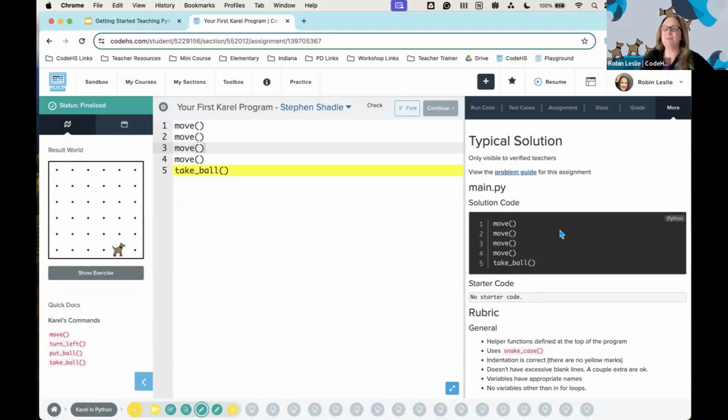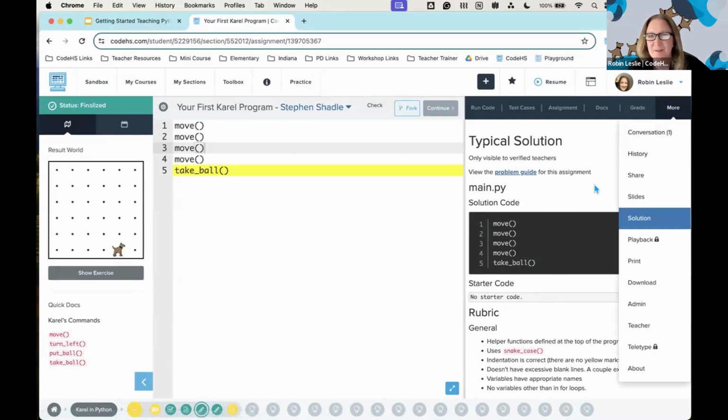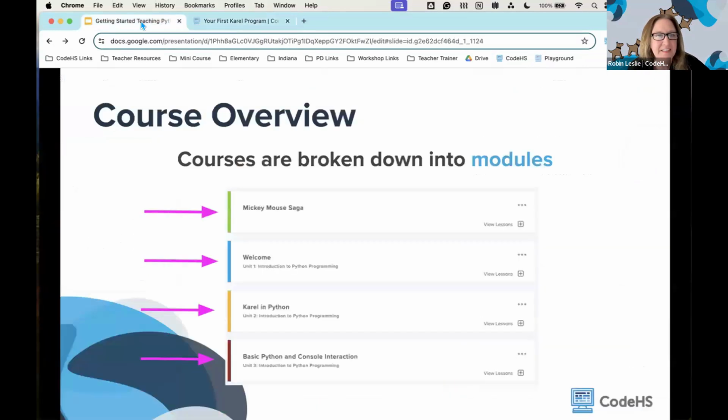So if you're brand new to coding, you wouldn't want to pull this up, obviously, while you're going through the lessons with students, but I pulled it up ahead of time, took a picture, and I had it with me. So very sneaky I was. All right. I think that's it for that.